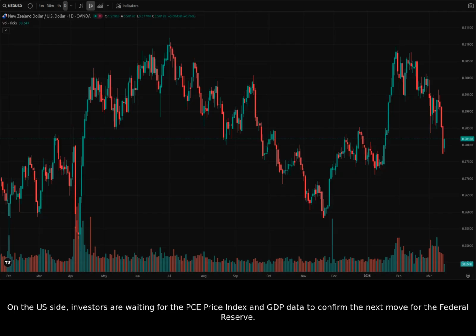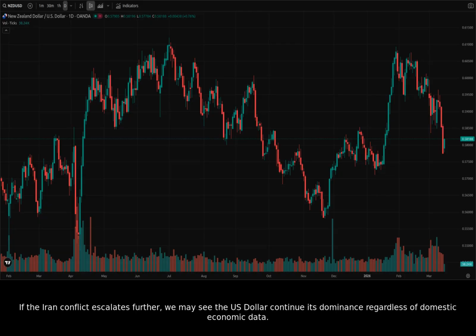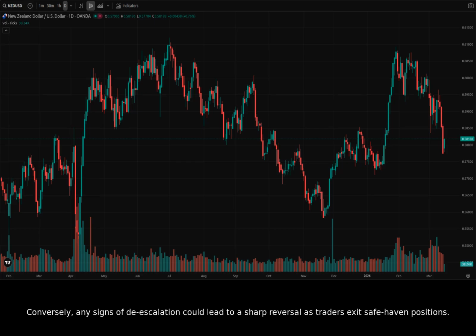On the US side, investors are waiting for the PCE price index and GDP data to confirm the next move for the Federal Reserve. The US dollar's strength is currently defensive, driven by its status as a global reserve currency during times of war. If the Iran conflict escalates further, we may see the US dollar continue its dominance regardless of domestic economic data. Conversely, any signs of de-escalation could lead to a sharp reversal as traders exit safe haven